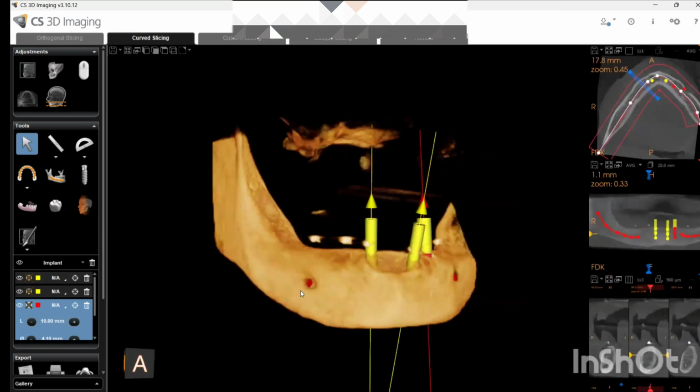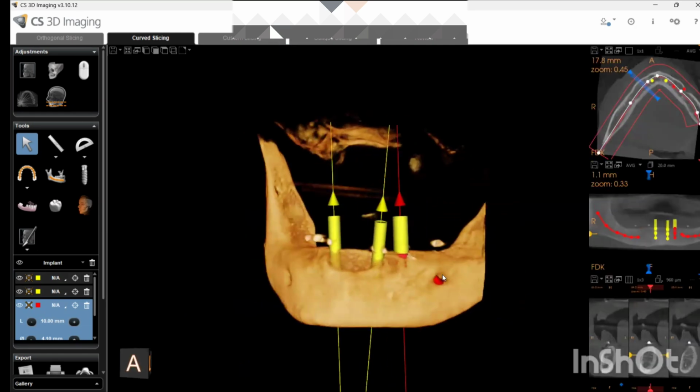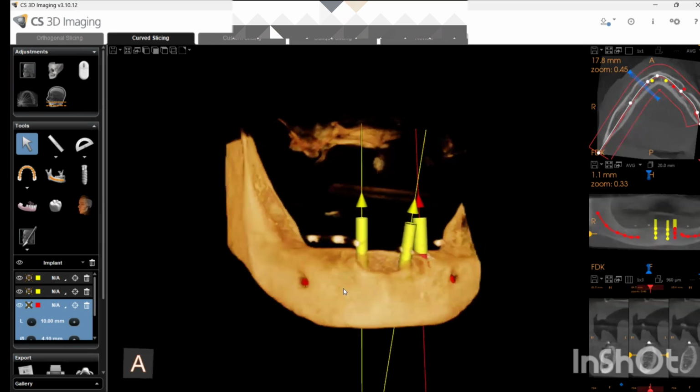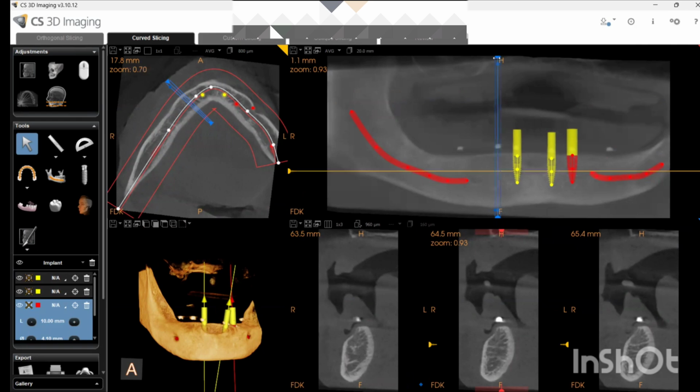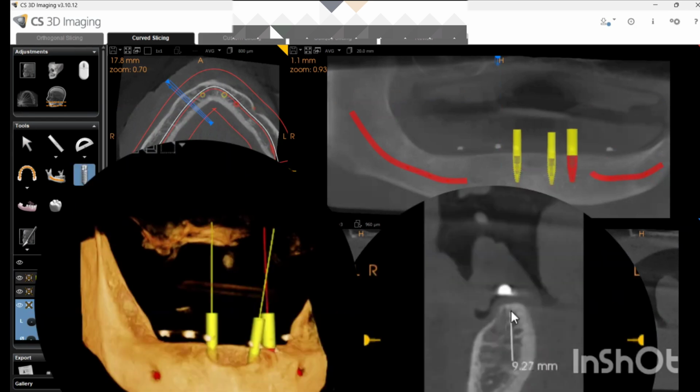See on the 3D image, you can see this is the mental foramen, from where the nerve exits. So in case there is no marker, then you can place the implant anterior to the mental foramen. So that will be your premolar region, because it's just on an average, just by whatever you can imagine, that my first premolar will be here, so you have to place the implant. But the marker will help you to decide the exact place. Now this is the right premolar I'm placing.